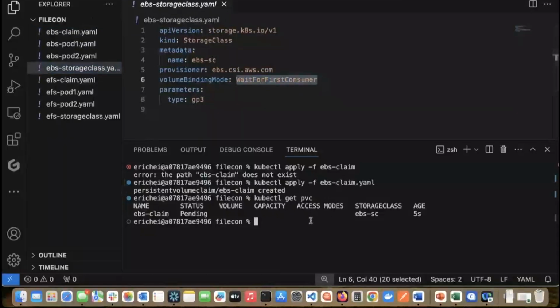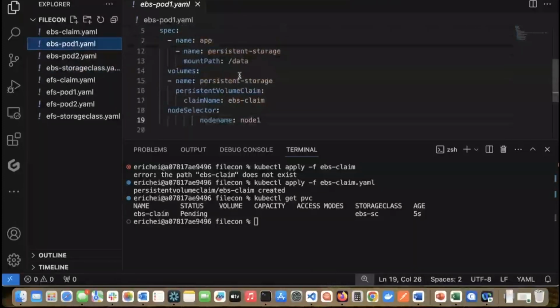So with EBS, we don't want to have storage sitting out there costing the customer money that's not actually being consumed by an application or used by any workload. So by design, it's a good design pattern to have it set this way so that you're not stranding a bunch of EBS volumes out there that you're paying for and getting a bill for when it's not actually doing anything. So in order to use this, I'm going to go ahead and schedule my first pod,